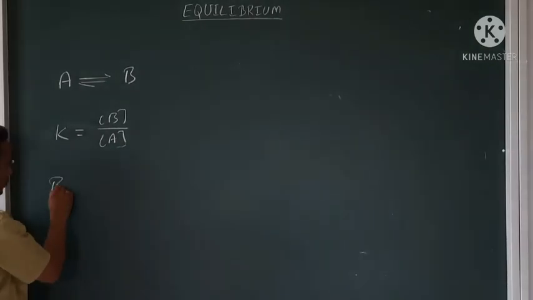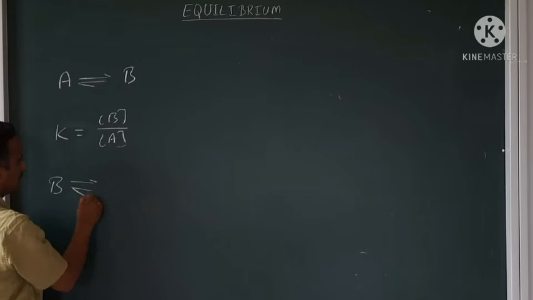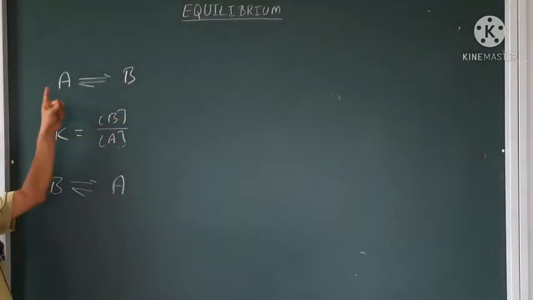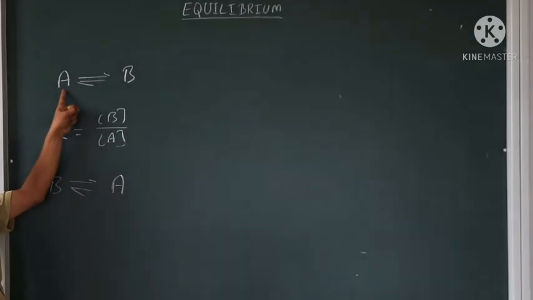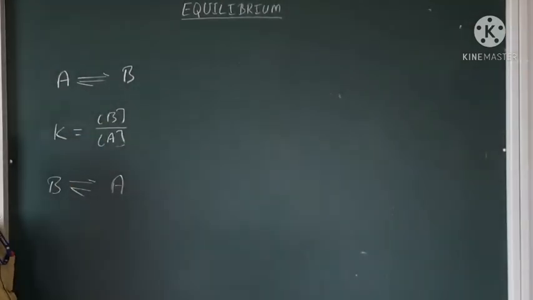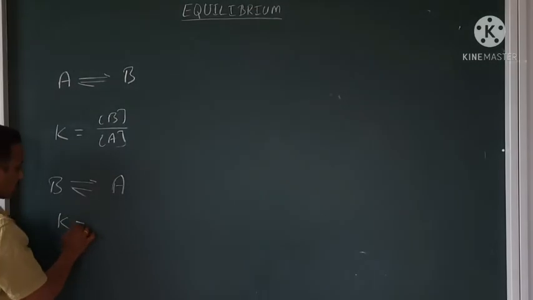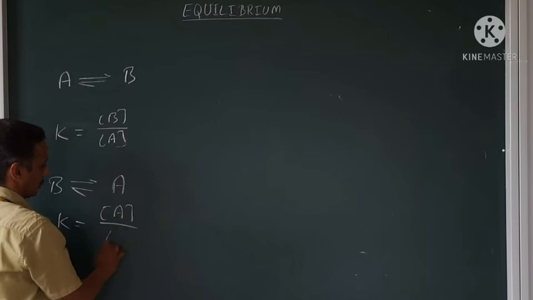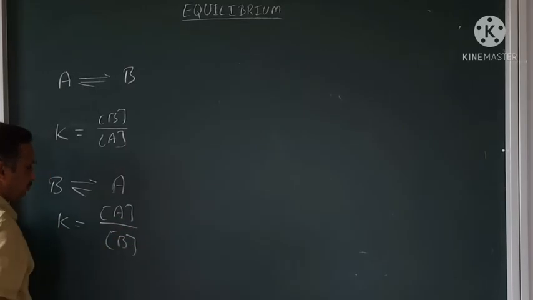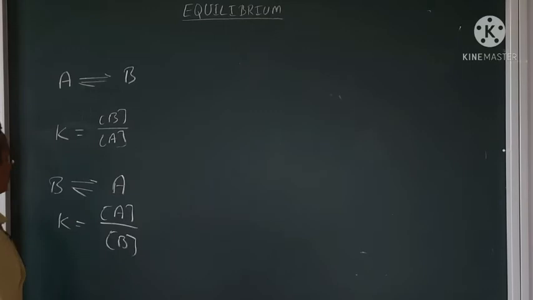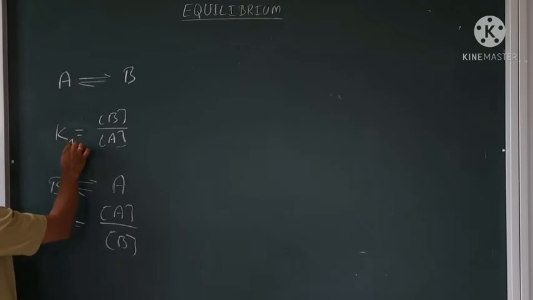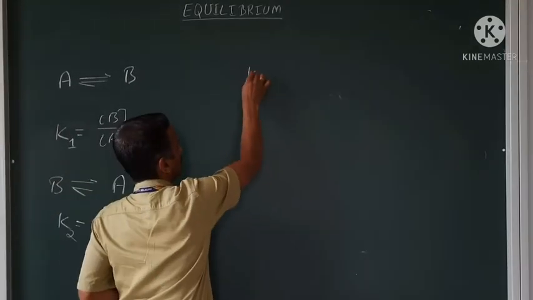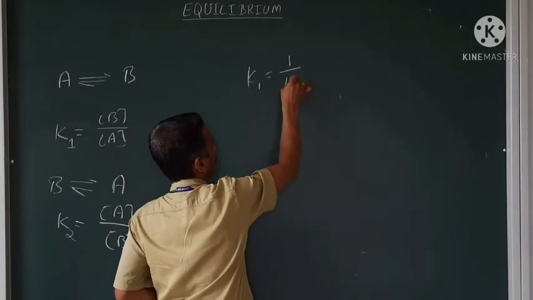Now, same reaction, we start with B, because I said we can get the equilibrium from either side. There is no need to start from A. I can start from B, then also I can get the equilibrium. So in this case, the equilibrium constant is A by B, which means if I say this is K1, this is K2, then K1 is 1 over K2,